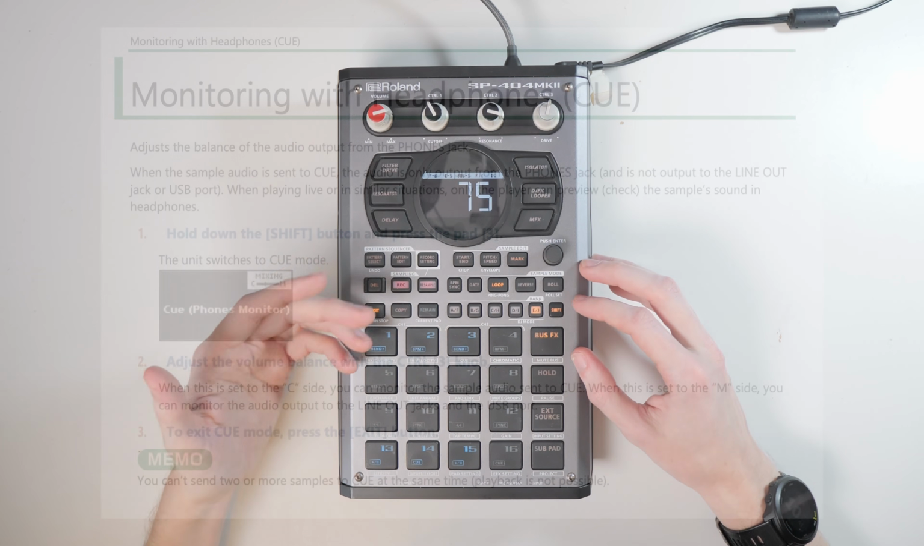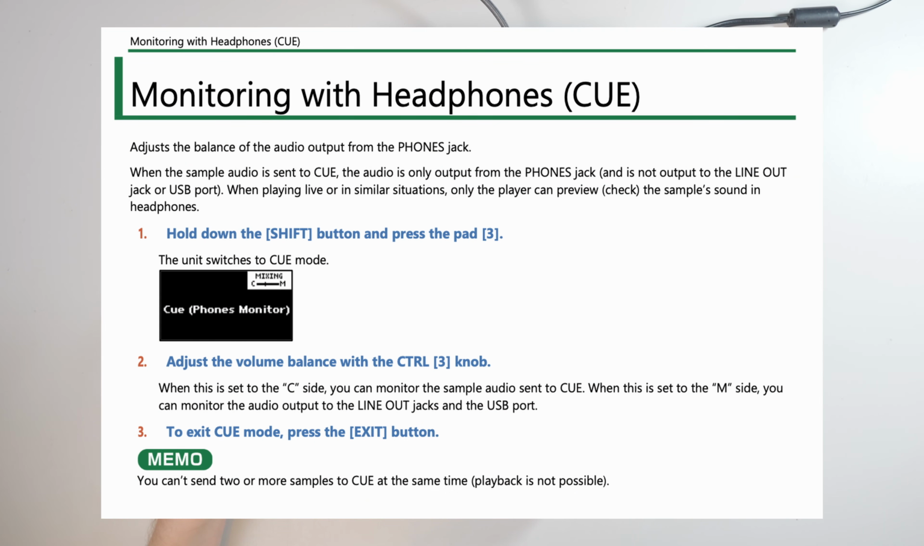From the manual, if you want to read about this, it's on page 98, monitoring with headphones, Q. Adjust the balance of the audio output from the phones jack. And then it says, when the sample audio is sent to Q, the audio is only output via the phones jack. So that's what I've just explained. And then it says in brackets, and is not output to the line out or USB port. And it goes on to say, when playing live or in similar situations, only the player can preview the sample